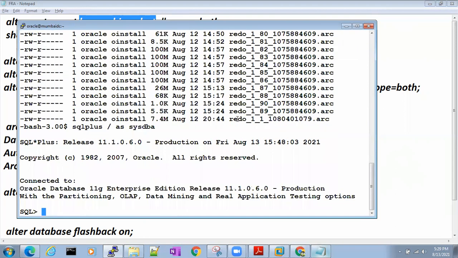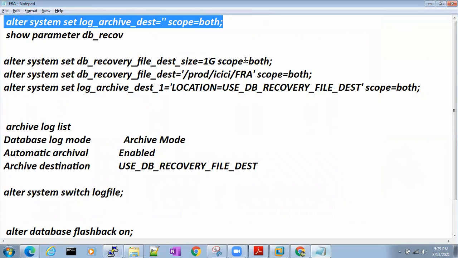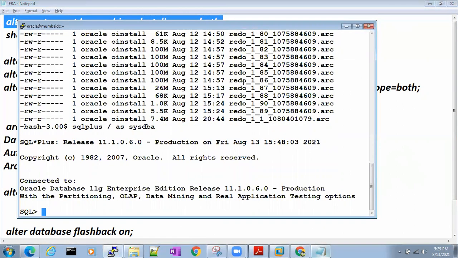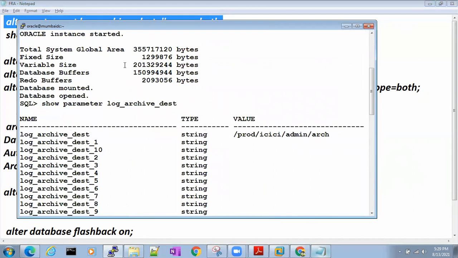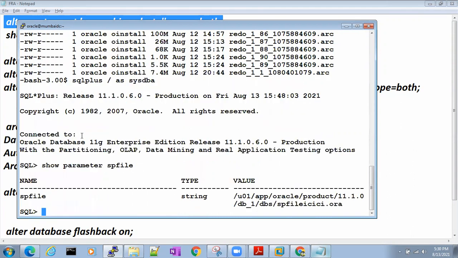Now, to enable FRA, first you have this parameter log_archive_dest, and you nullify it, which means don't give any value. How to change the parameter? First check whether it is using SP file or P file. Show parameter spfile. It is using SP file now.